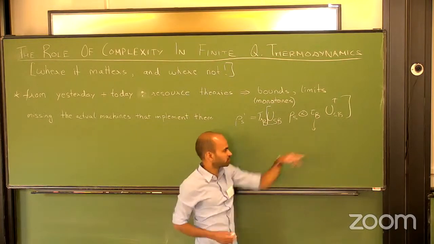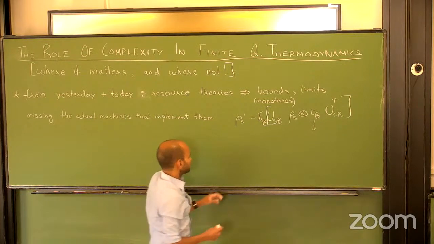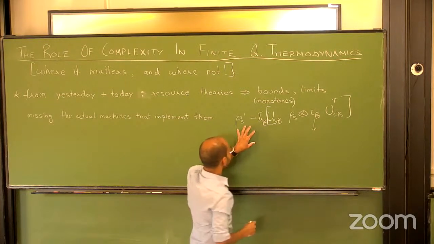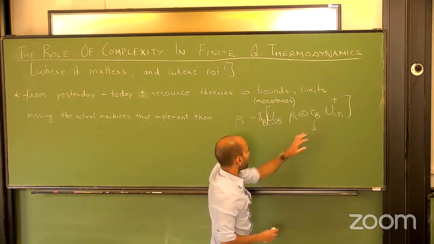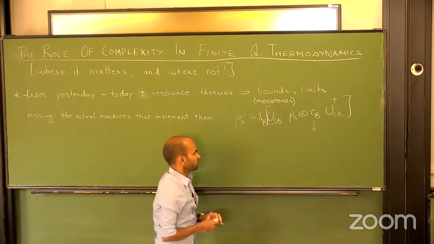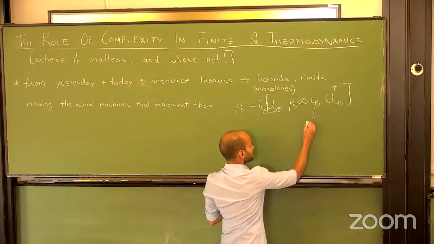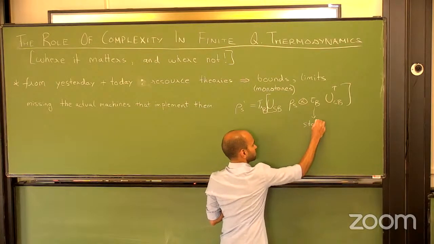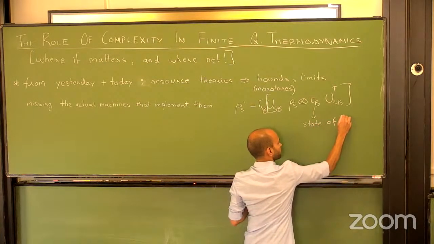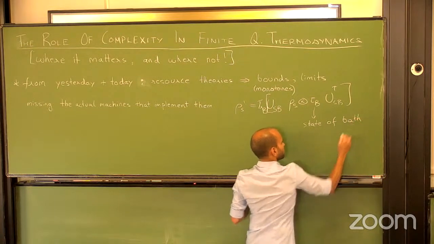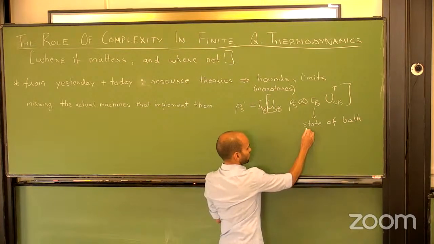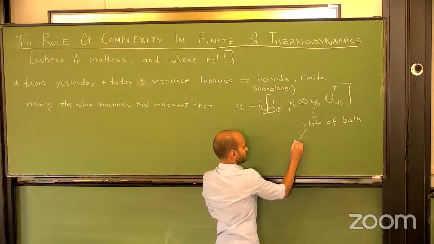So just looking at this sort of picture where we have a system, a bath, and a unitary that we apply on them, we can identify two notions of complexity. One that involves the state of the bath, and this can be broken down into two things. One can just be the size of the state,